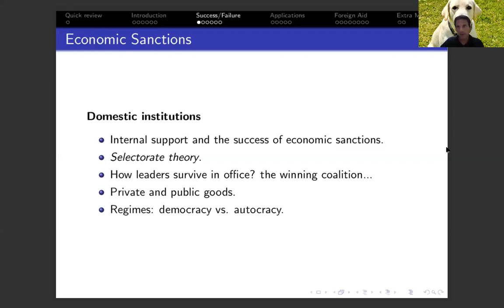Okay, let's think about it now in the context of different regimes. This is one of the main arguments and one of the main aspects that selectorate theory is trying to explain. How do different regimes behave based on this logic? So democracies usually have large winning coalitions. Now, this is why the example that I talked about so far, the United States, is not a 100% one-to-one good example for that, because the electorate in the United States is very, very big.